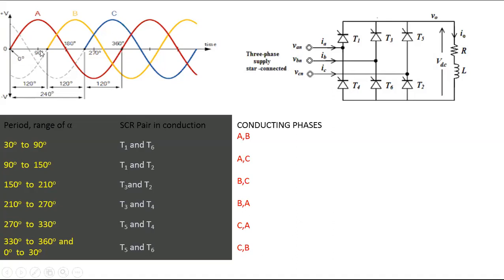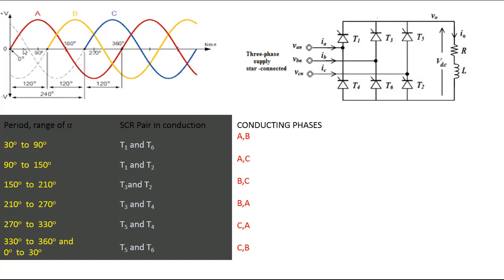Between 30 to 90, tell me, in the upper portion, how many waveforms are present? Only A or B and C are present between 30 to 90. If you see, portion A is occupying the maximum space. Yes or no? Red color. It's voltage A, or the portion A. The cycle A is occupying the maximum space. B is starting after 90.